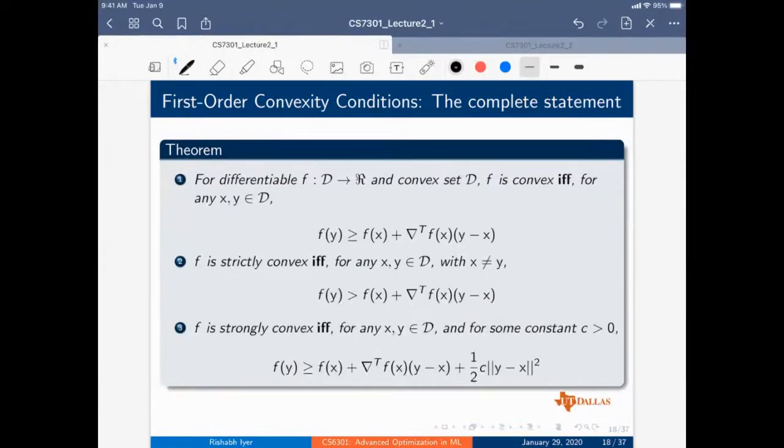Okay, so with this now we'll shift gears a little bit and look at first order convexity conditions. This is going to be important for us when we look at algorithms in lecture 2.2. Essentially, the first order convexity conditions state that for a differentiable function f and a convex set D, f is convex if and only if